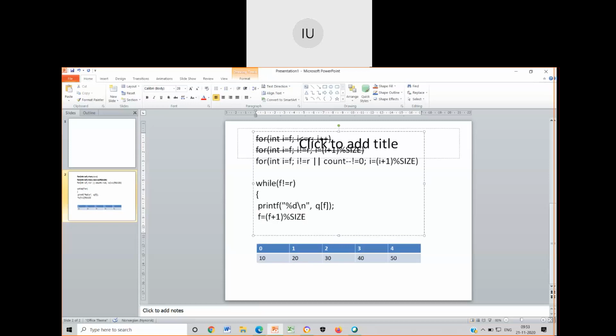Or you can simply write while count not equal to 0. This is an alternative I am telling you. While count not equal to 0, write Q of f and increment front. Along with that, decrement count.